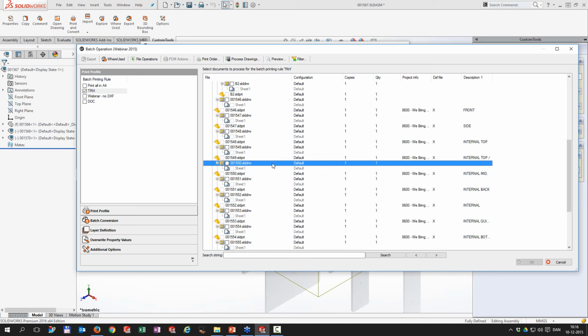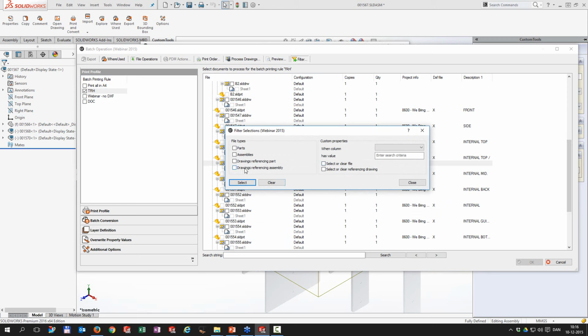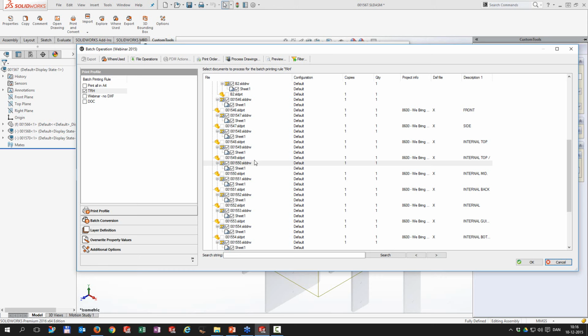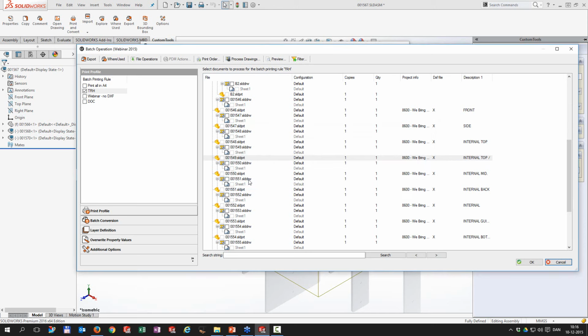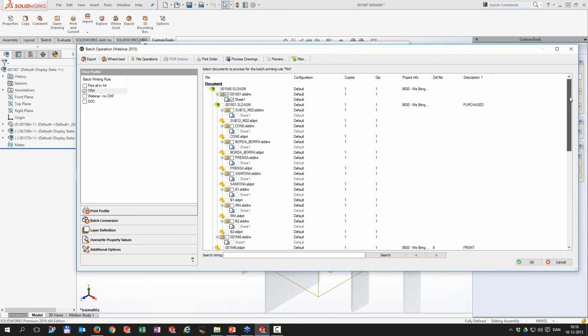If I wanted to print all the part files, or the drawings of the part files, I could use my filter also and select, well, I want to print drawings referencing a part. And that would select all of my part drawings. And if I wanted to only print what is referring to an assembly, then I can select that one. And in this case, only one drawing is actually created for my assembly, the top level. I do not have a drawing for my sub level, so that is obviously not selected. So really you have a lot of control of what you are printing here. If I just reselect everything,